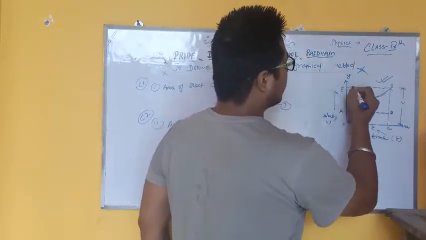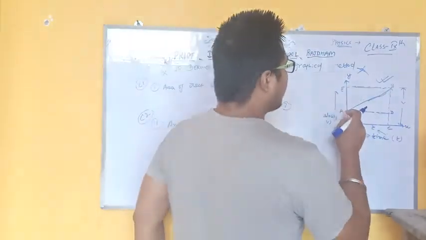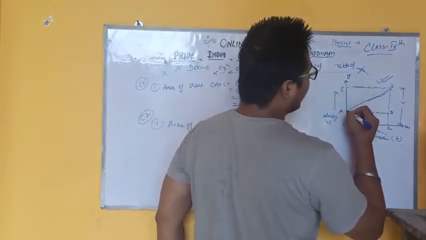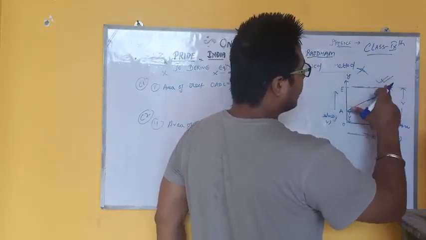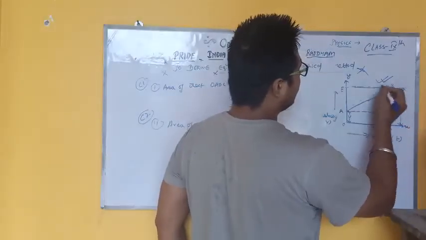We are dividing the rectangle into two equal halves. See, this is the whole rectangle AEBD. We are dividing it into two equal halves. First is ABD and the second is ABE.